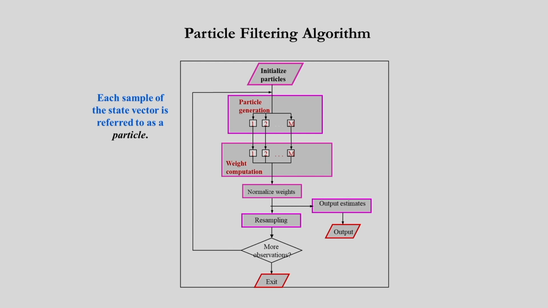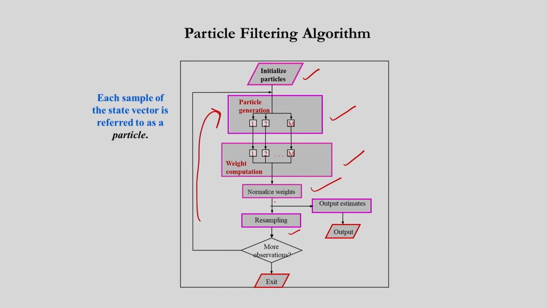So briefly I can say this is the particle filter algorithm. First, randomly I have to initialize the particles, that is nothing but the discrete approximation of the continuous PDF, that is, the posterior PDF is approximated by random particles. So that is the particle generation, and after particle generation we have to compute the weights of the particles by using that mathematics. After this we have to normalize the weights. After this we have to resample the particles. So we are getting observations, and based on these observations we have to do the tracking. So we have to do the tracking like this.